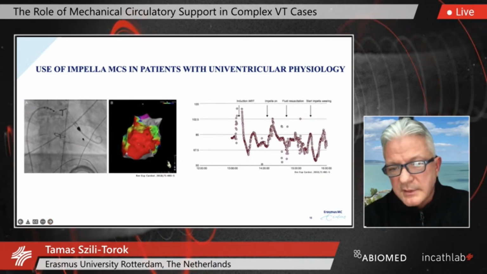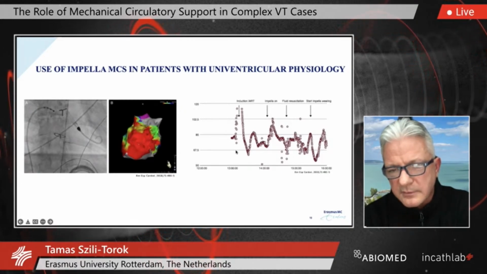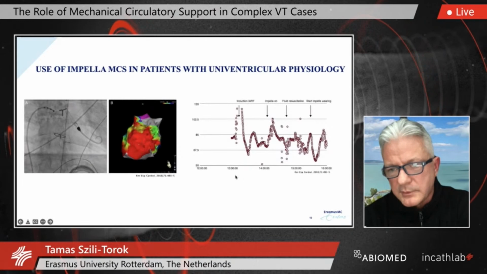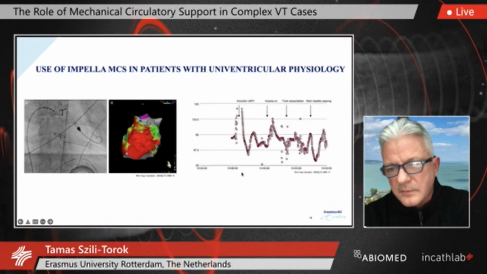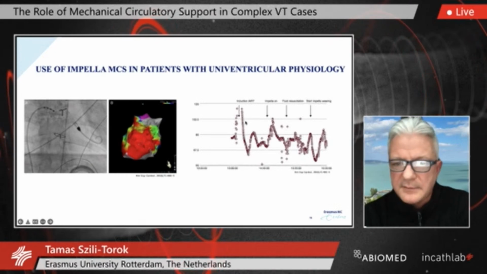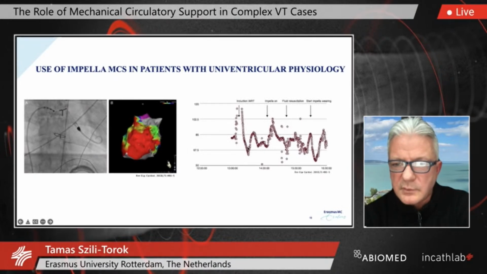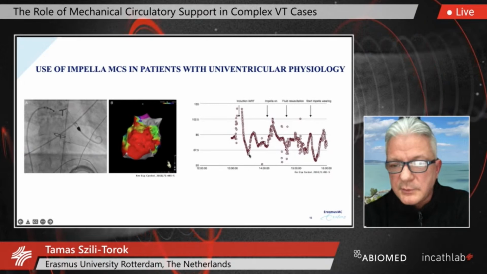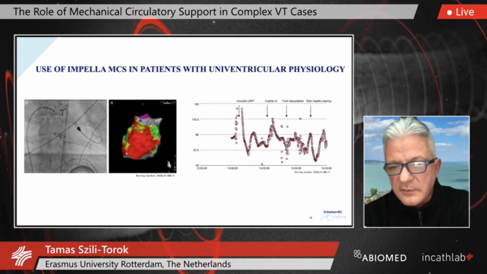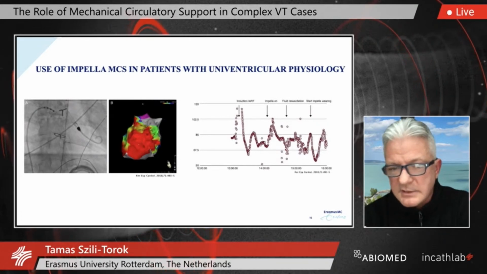And as I said last slide, it's nothing to do with the VT ablation, but we used this also in Fontan circulation patients. And here I would like to draw attention to another very important aspect of using this device, which is the importance of preload. When you use the Impella in those patients, even after the introduction of the support, you don't get good mean pressure until you correct the preload. So it's very important, if you use it in a univentricular physiology, that you first correct for the preload, and then you can stabilize the patient. And these patients even get unstable and cyanotic within 100